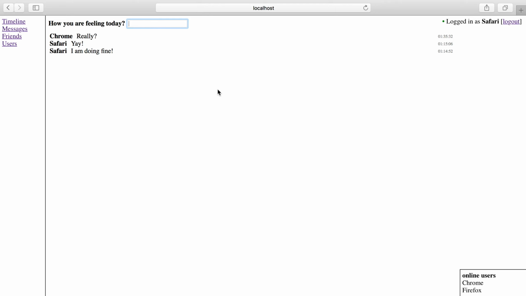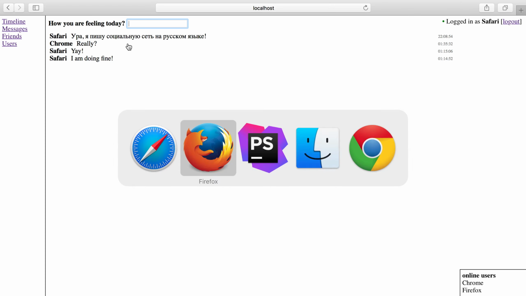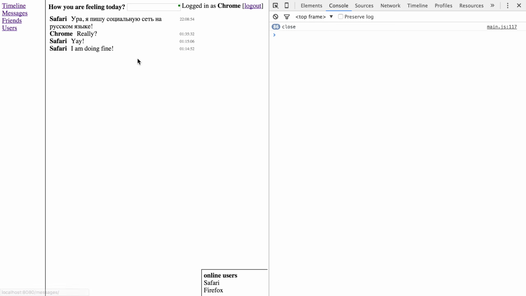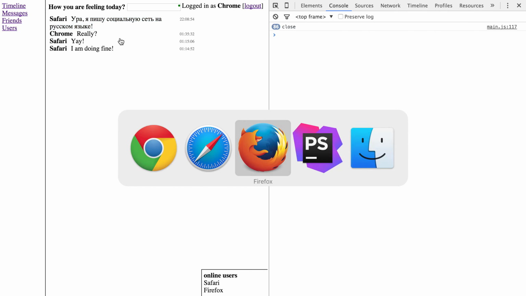And I will demonstrate that the timeline actually works. You write something that is put into a news feed for everyone, and I have made a live commentary in Russian as well. I show that what I wrote in the timeline is seen by everyone that is logged in, and it is seen live.